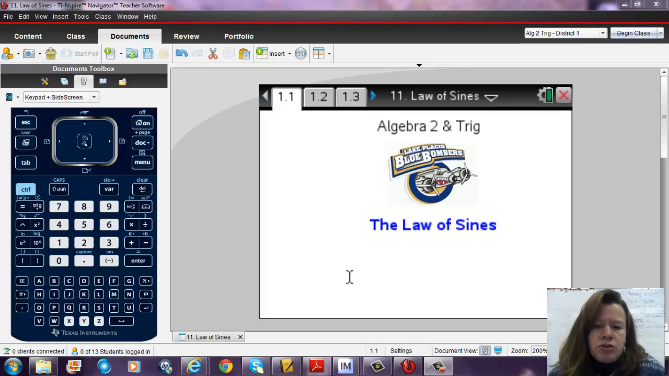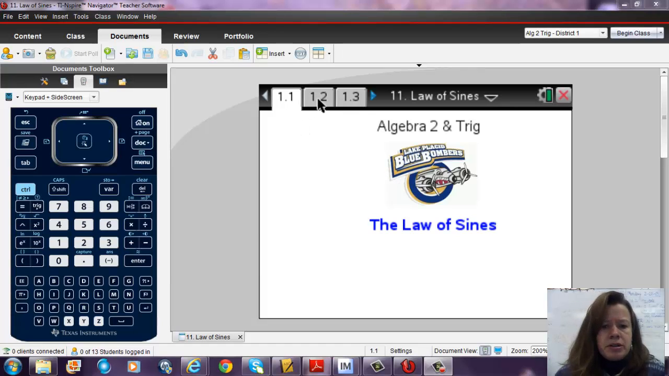So you should start in your Inspire document, number 11, called the law of sines. You should also have your Regents reference sheet and your lab packet handy. Here we go. On your Inspire document, the law of sines, if you go to page 1-2,